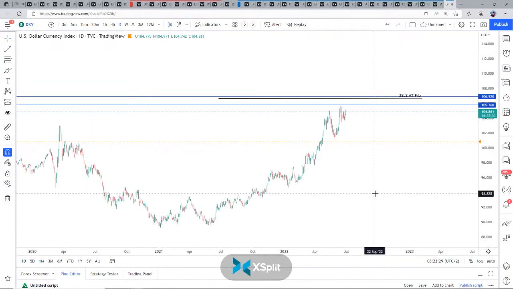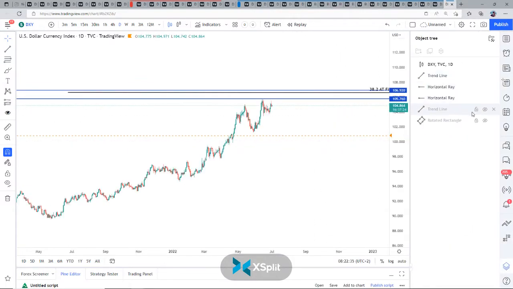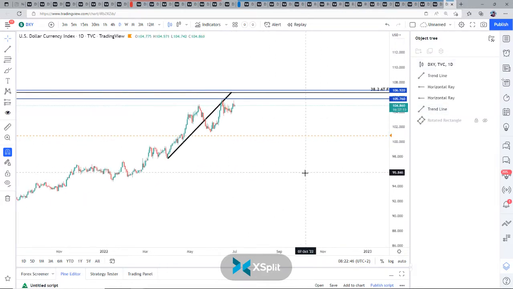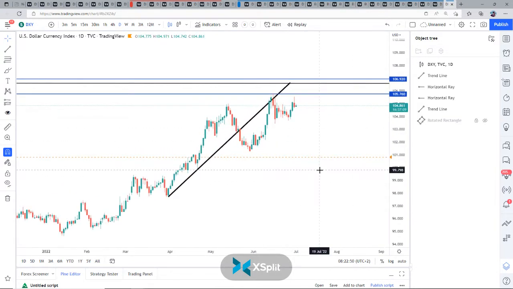Okay, so other thing we have, you remember we have a broken trend line here. I just did it, I put it already, so I don't have to draw it. This is the trend line we had. It was a daily trend line with those two touch here. We came back inside it, which is something very common from the price action point of view. And this trend line is more defined